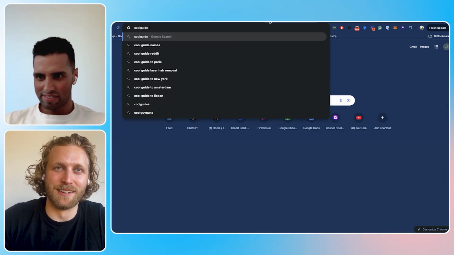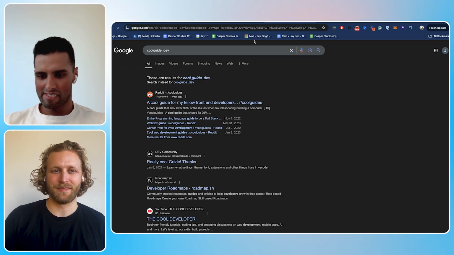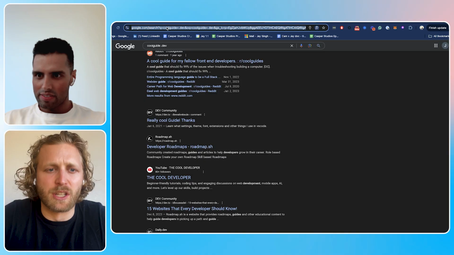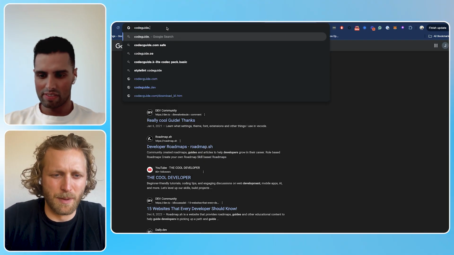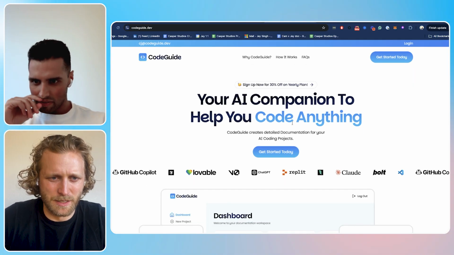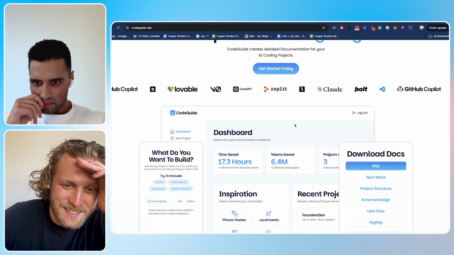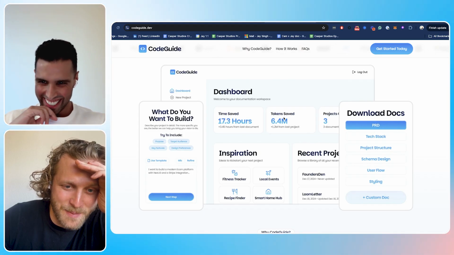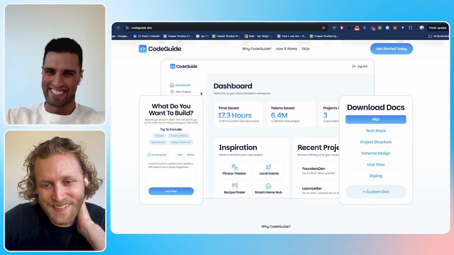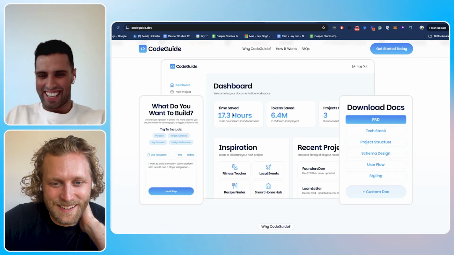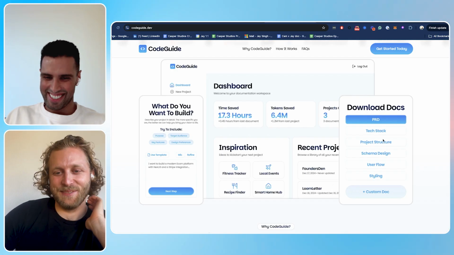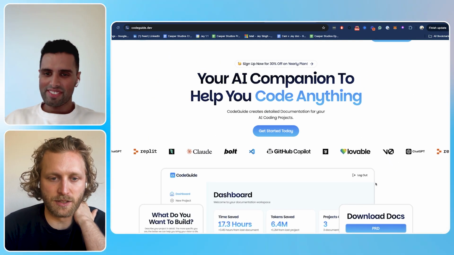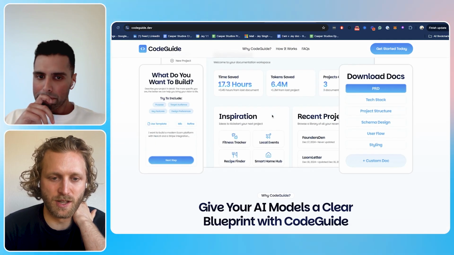So I just met this founder, codeguide.dev. Sorry, my bad. Yeah, right there. Perfect. Okay, so basically what they do is, this is on V0, by the way. It's amazing. I love that so much. You can tell this is V0 because I have the exact same dashboard that I've built out. Unbelievable. So literally what it does is it basically preps the information that you would need for